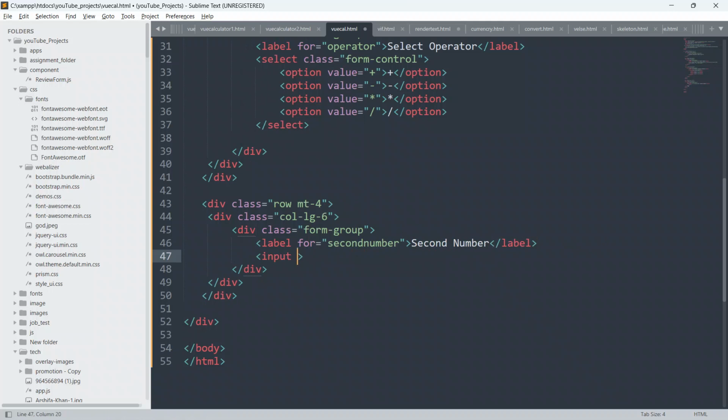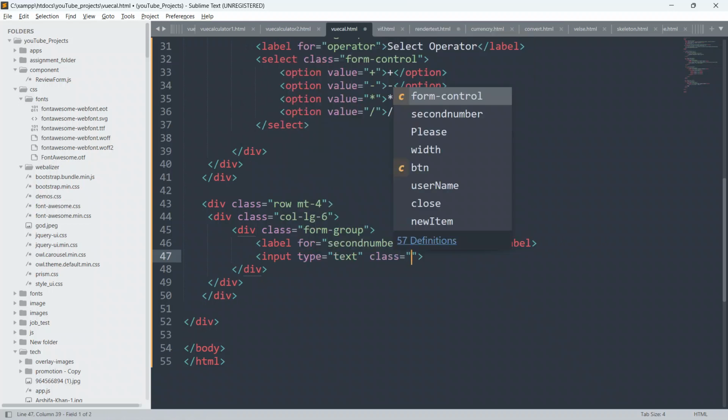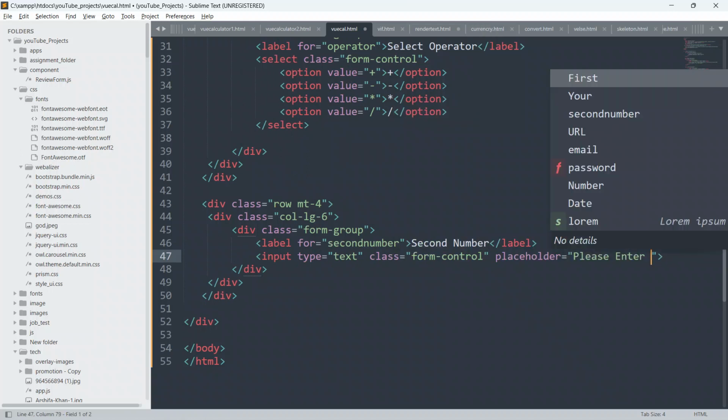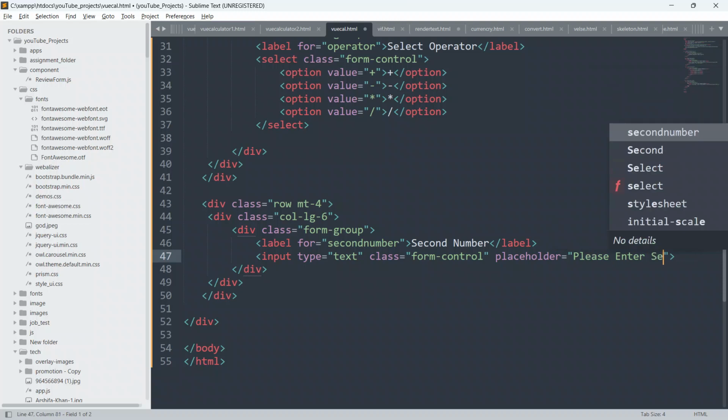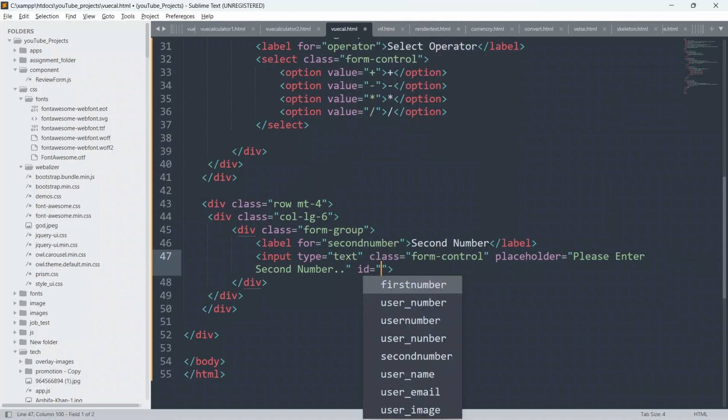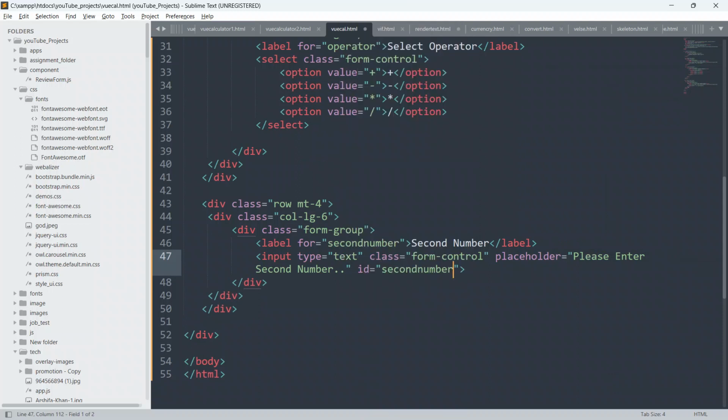I'll give the type as text, the class as form-control, and the placeholder: please enter second number. I'll give the ID as second number.